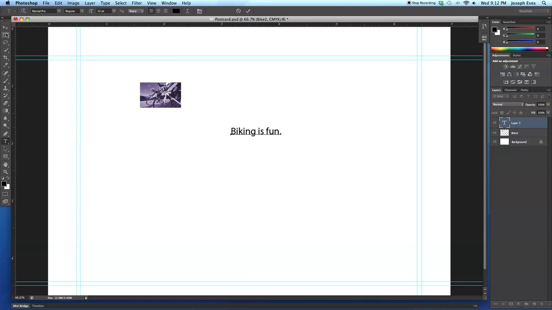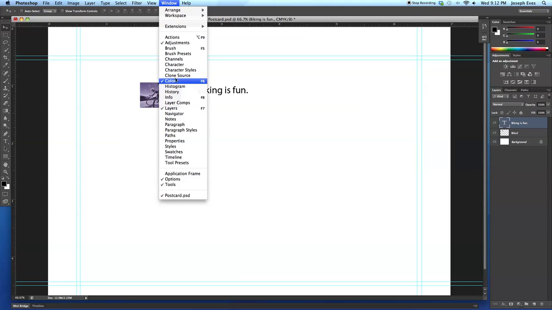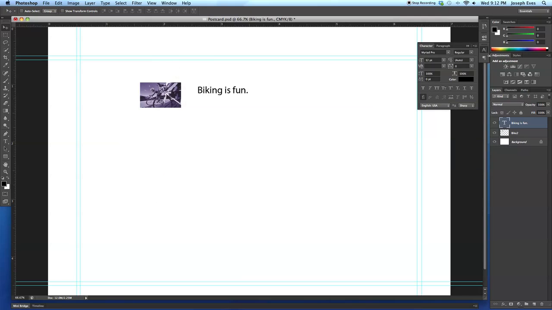Okay, so biking is fun. I'm going to go ahead and move my move tool, and I'm going to adjust. Now the other thing I'm going to do is make this text a little bit bigger. And as you notice, I'm missing my text palette right here, or the character palette. So one thing I want to do is bring that up. So I'm going to go to Window, and I'm going to go to Character,